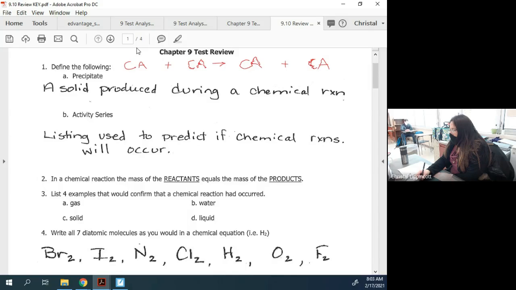And then remember, you have to reevaluate your charges. So if this was a +1 here and this was a -2, I would have had to have 2 of these to balance that out. If this was a +2 and this was a -3, then I would have needed to balance my charges out here. I would have needed a 3 here and a 2 here. When I come over to this side,